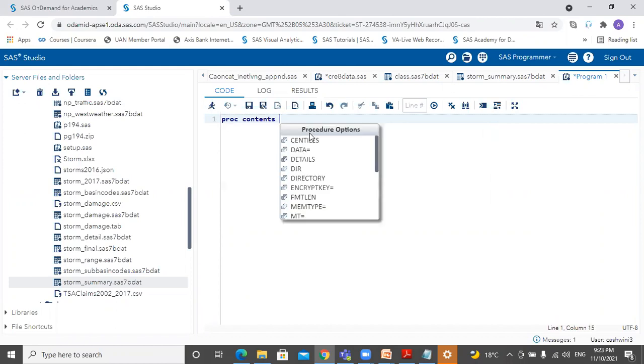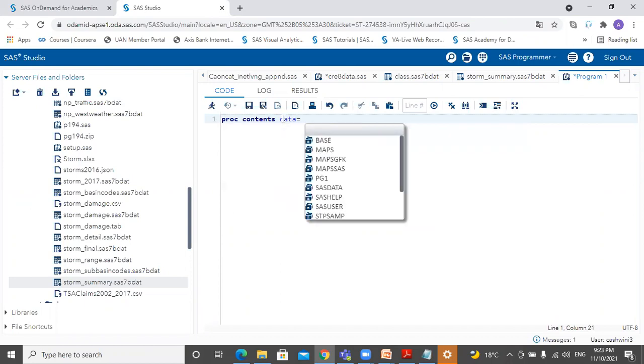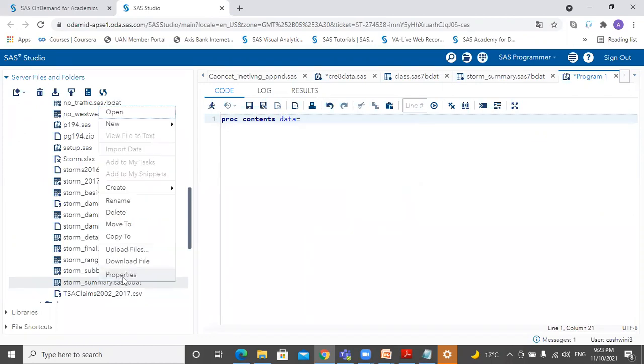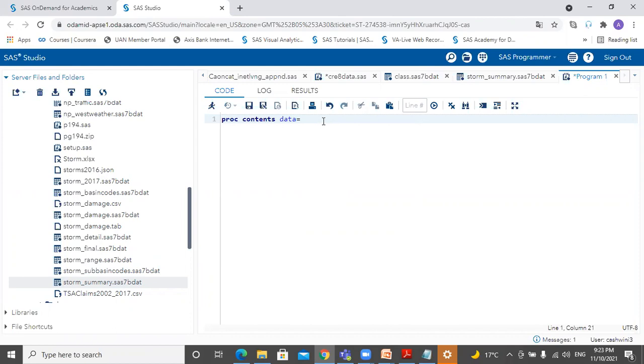It's a keyword. It gives you the options as per the syntax, data equal to, and you give the data path. So I copy this path, since it's a cloud path, paste it here, and end my step with run.